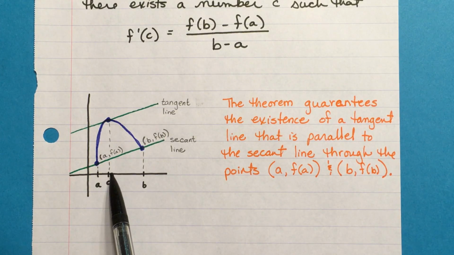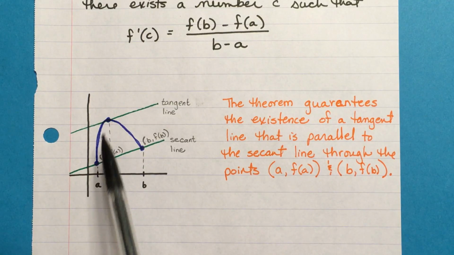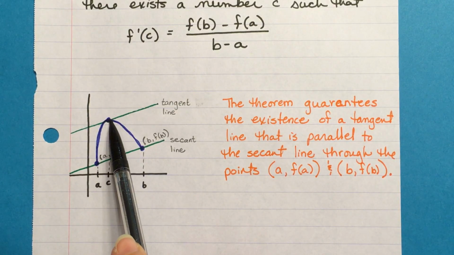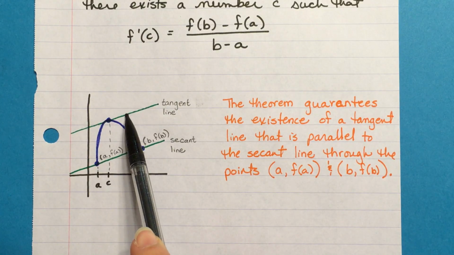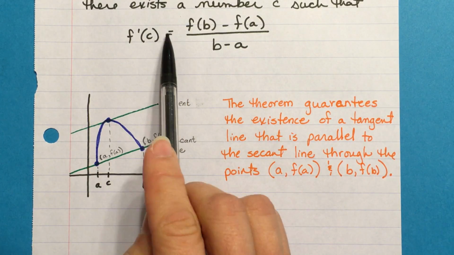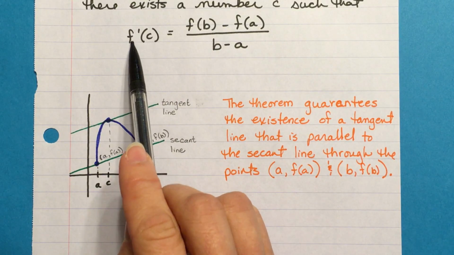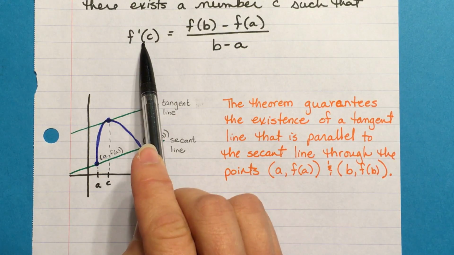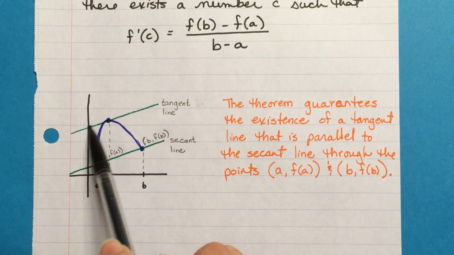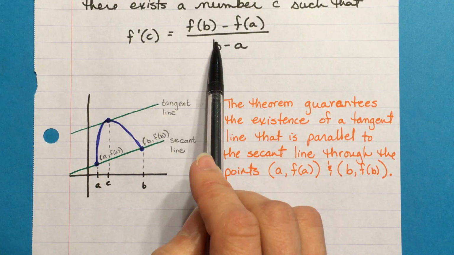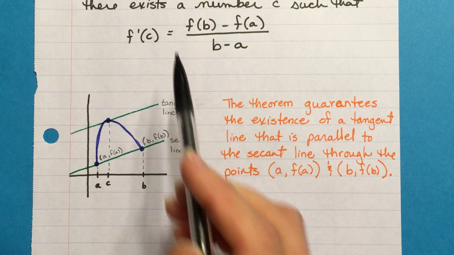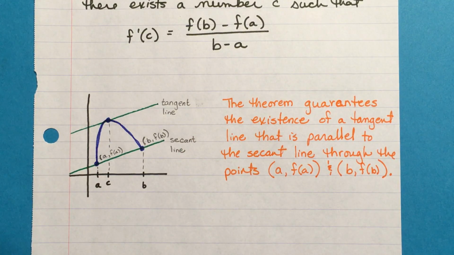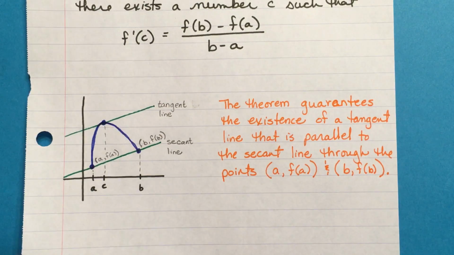So we know there's a C value in here. So at that particular point, the tangent line at that point would end up being parallel to this secant line. So I mean, that's why you can state that your derivative, because this would be tangent, your derivative at C would have to be equal to this. Of course, we know that parallel lines have to have the same slope, therefore that's why we can state that they are equal to each other. Okay, so our first example,